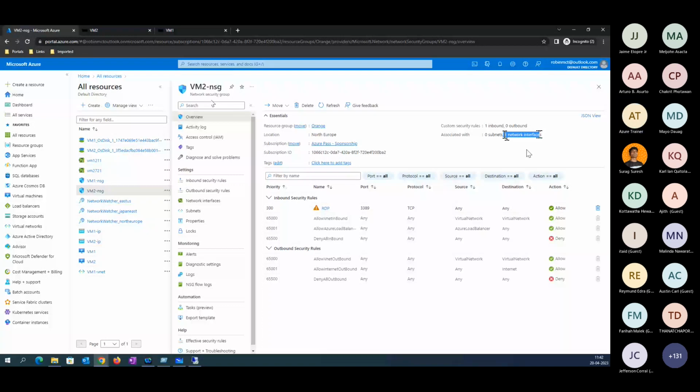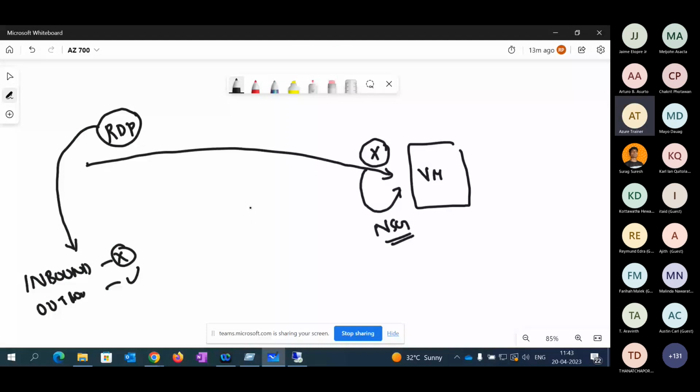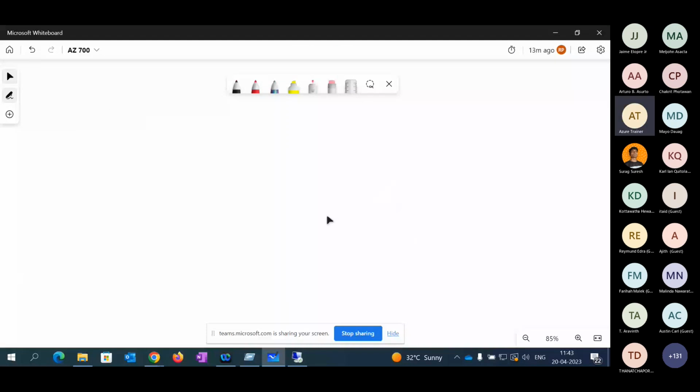Okay. Now there are a couple of points you need to remember in the NSG case. You may see there are two options, like associate with a subnet and a network interface card. So technically when we are configuring an NSG, it can be associated at two levels. It can be associated at the network interface card level, or it can be attached at the subnet level also.